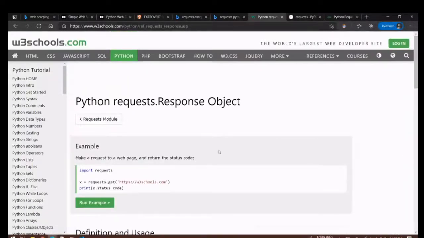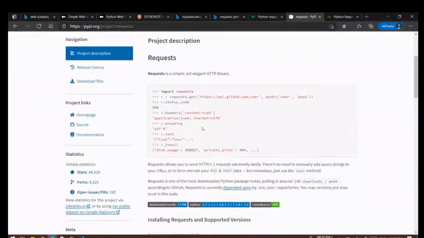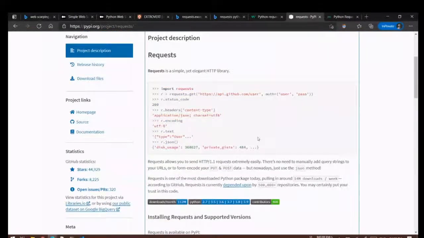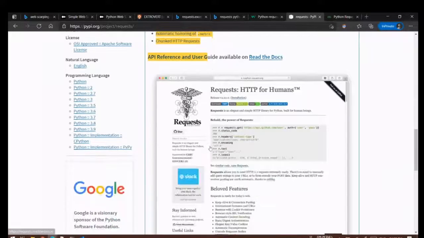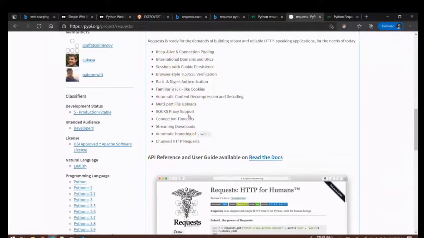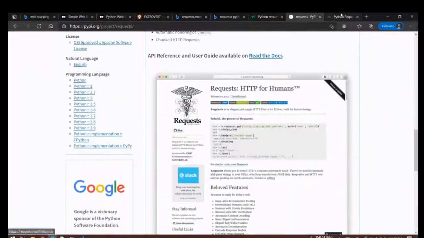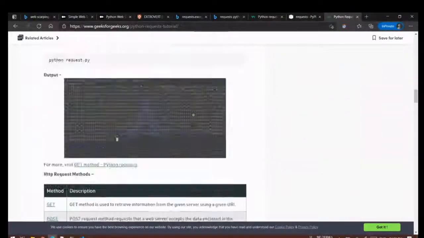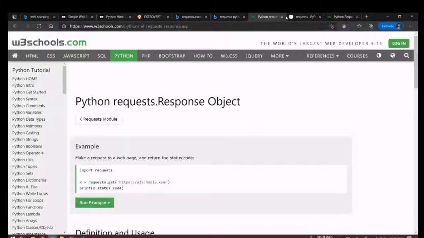Now is a good time to go and explore what the response object is, and what all different types of requests you can make. Go and look at the library page where you can see all the different things, how to use it, and what various features it allows you. And if you see something of importance here, you can go and read more about it in detail. You can go read the docs and do other stuff. You can go and read multiple blogs about it. You will understand a lot of different things.